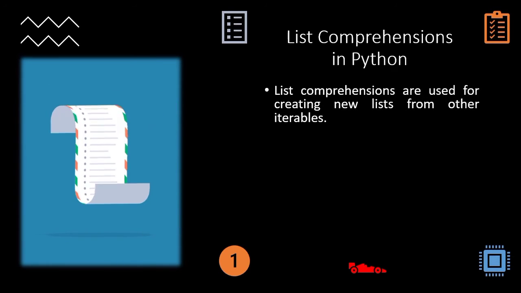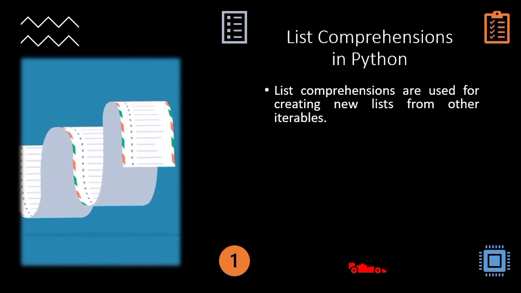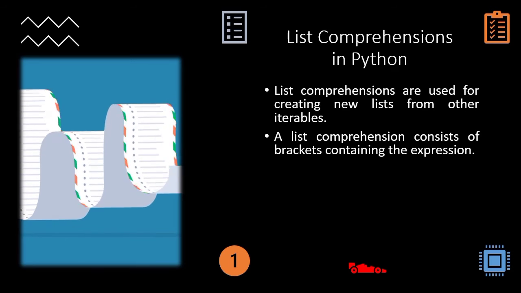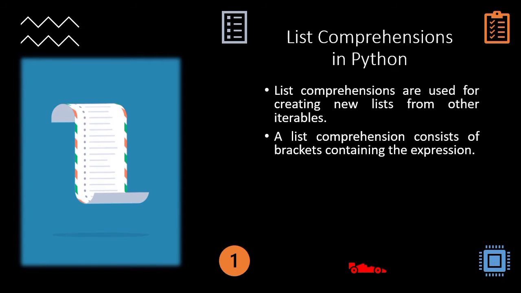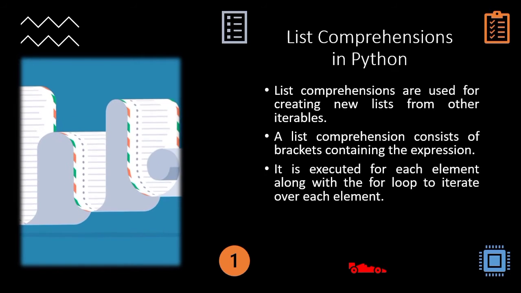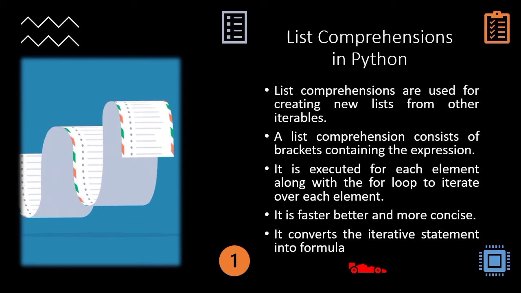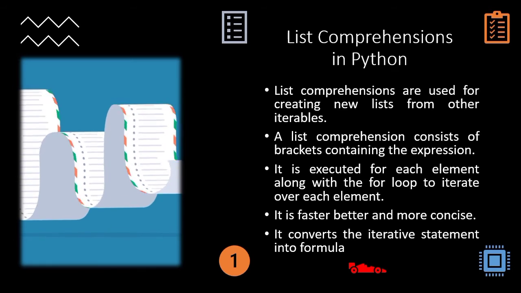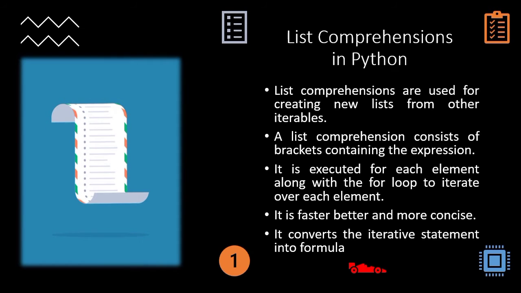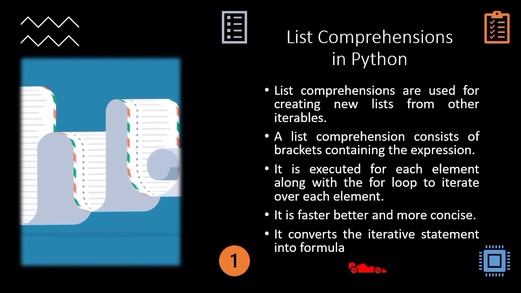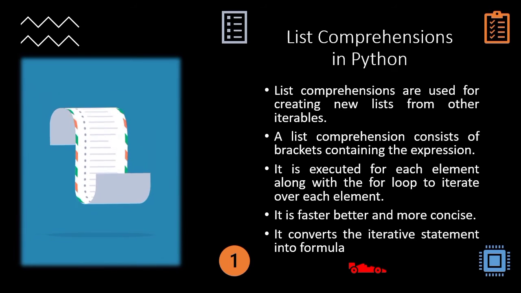Let's understand list comprehensions in Python. Basically, list comprehensions are used for creating new lists from other iterables like range or tuple. It consists of square brackets containing the expression as well as the condition. It is basically a combination of for loop and list. It is executed for each element along with the for loop to iterate over each element. It is a better and concise approach, and we should try to use it whenever we are using list with